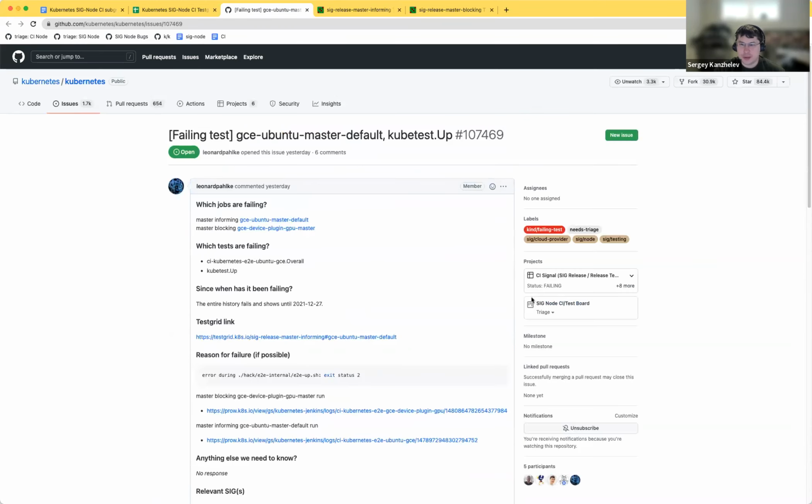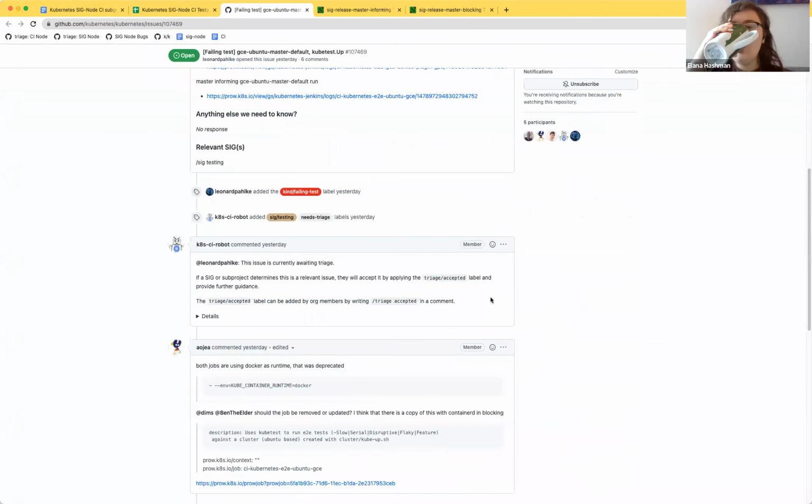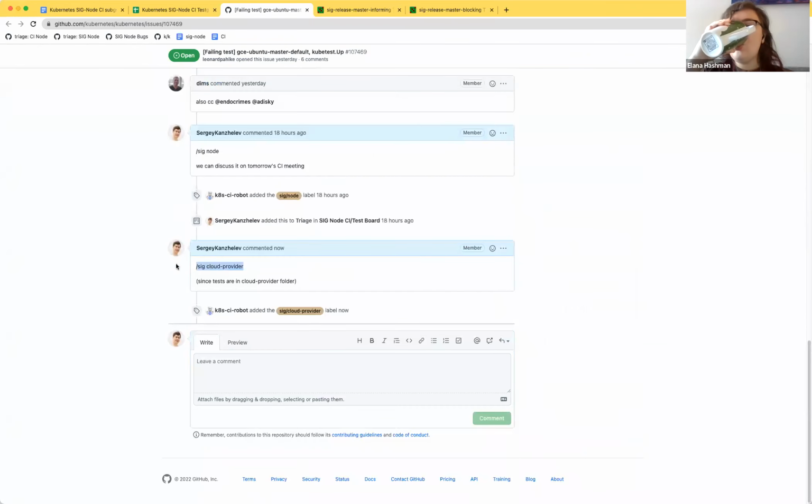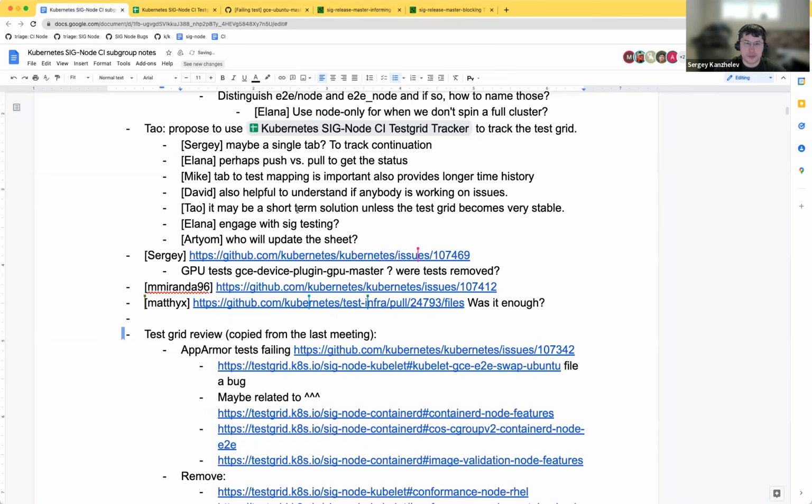Does anybody want to take the lead and drive this and ping the proper people? I think let's wait for cloud provider to look at this. Okay, I will make a comment about GPU tests.